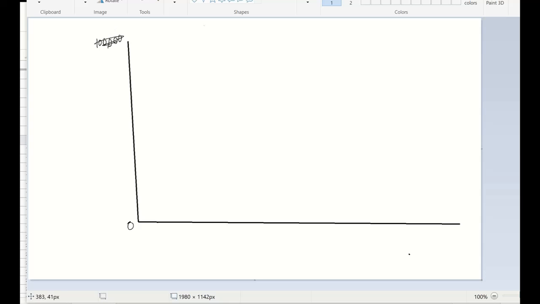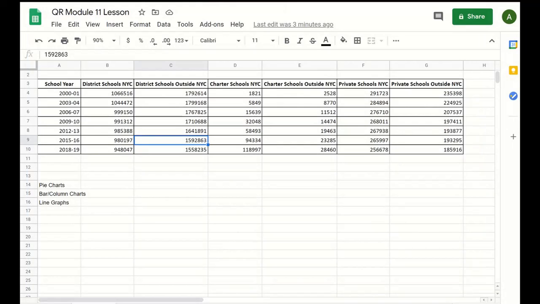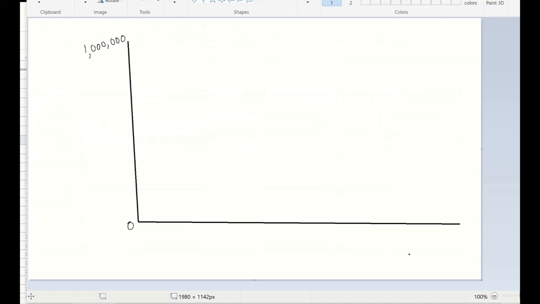Wow, really? Okay, 1, 2, 3, 1, 2, 3, right? Because I think the highest was 900. Yeah, 950,000. And then some in between. This is going to be 500,000, and so on and so forth, right? The labels they'll do, right? Now I expect